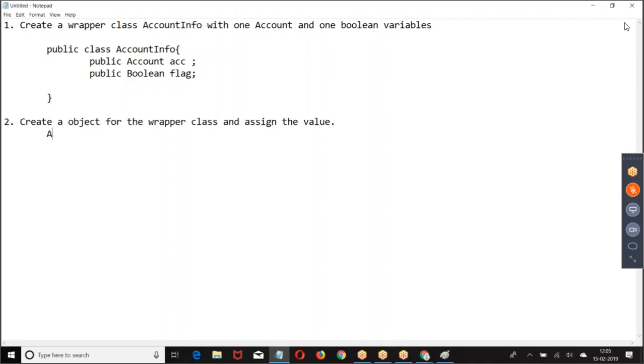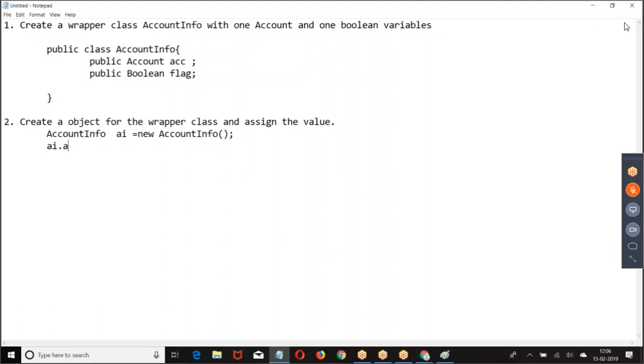How you assign it? Record info. Then what are you supposed to do?